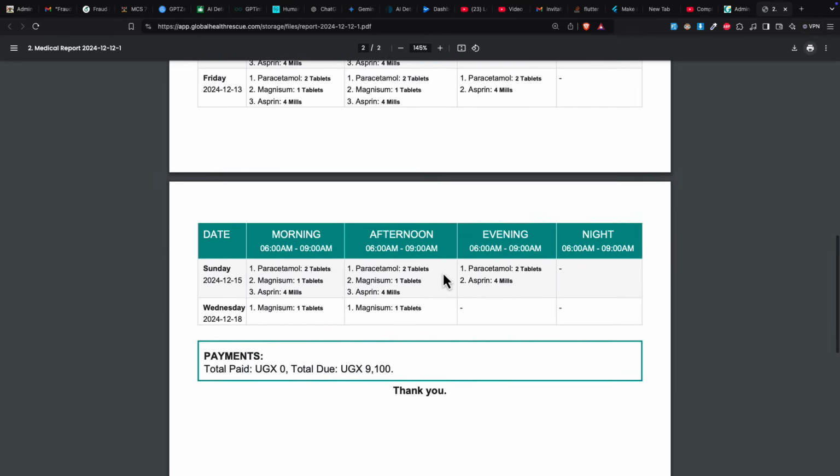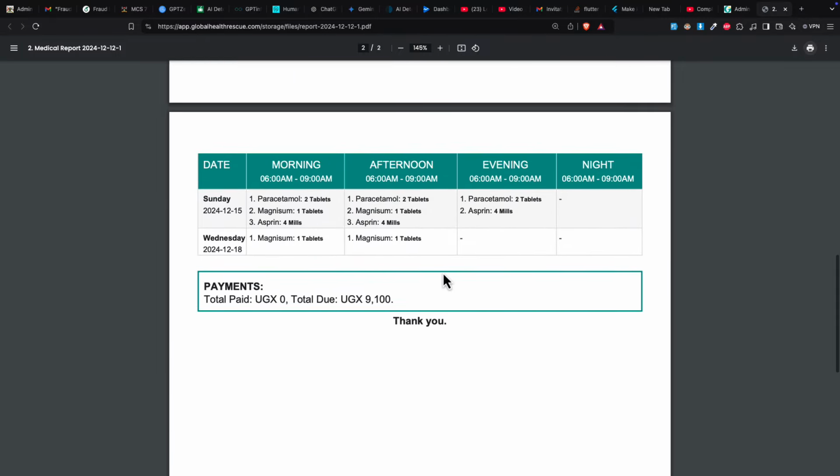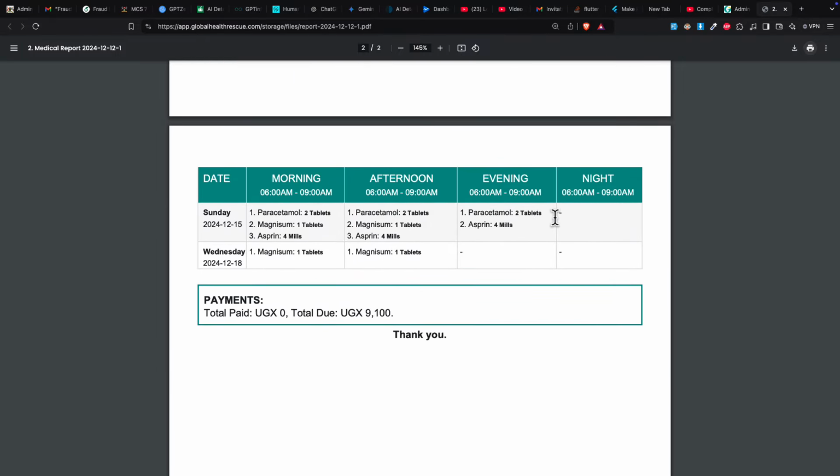So when you print this, the patient can know the doses, how they're supposed to take them, or they can tick when they finish taking the doses. All right, so we just tell you on Sunday 15th of December in the morning you're supposed to take this dose. So the morning will be this period between this and the 9 p.m. I'm going to update here the correct timing. Okay, and then